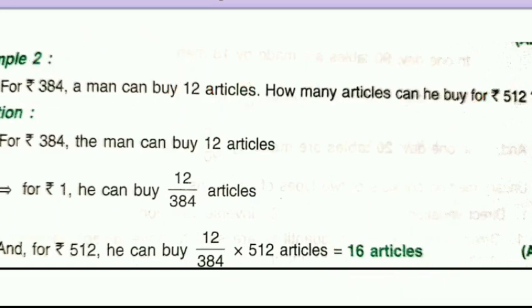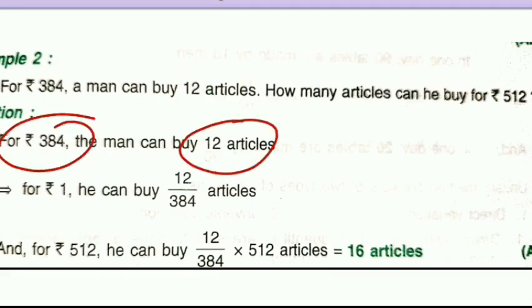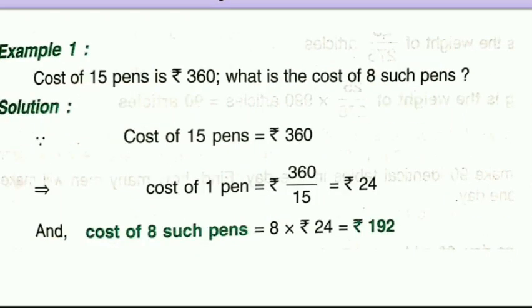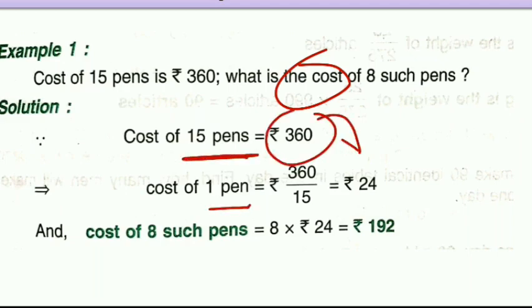One thing you will have to keep in your mind is when to keep one thing on the left side and another thing on the right side. Always try to put that quantity on the right side which is to be found. Suppose in the previous question we had to find the cost. So cost we have kept on the right side, and number of pens on the left side. Whatever we have to find should be kept on the right side.